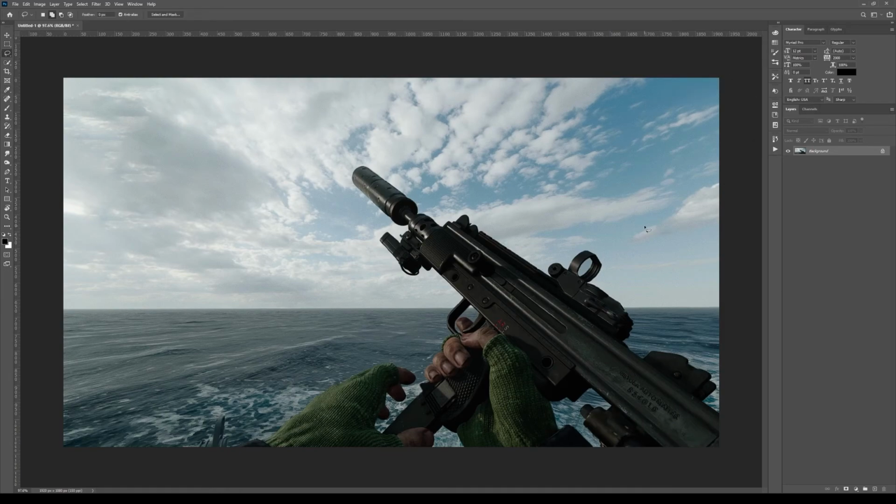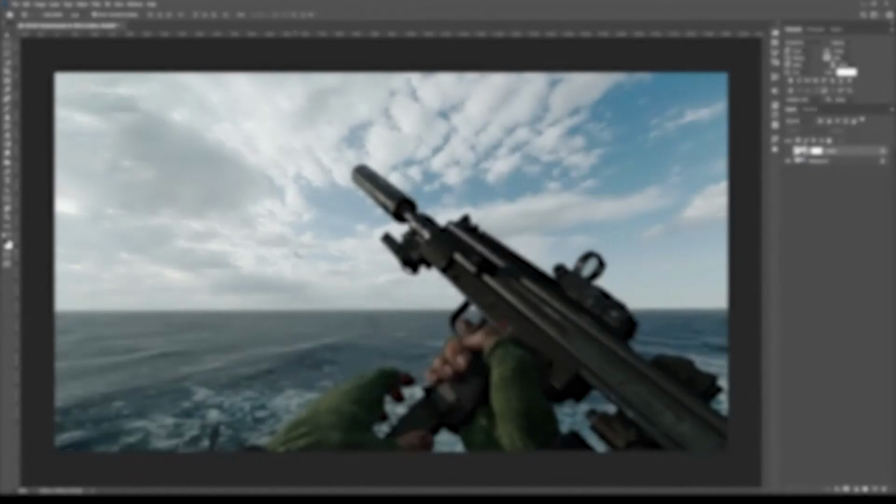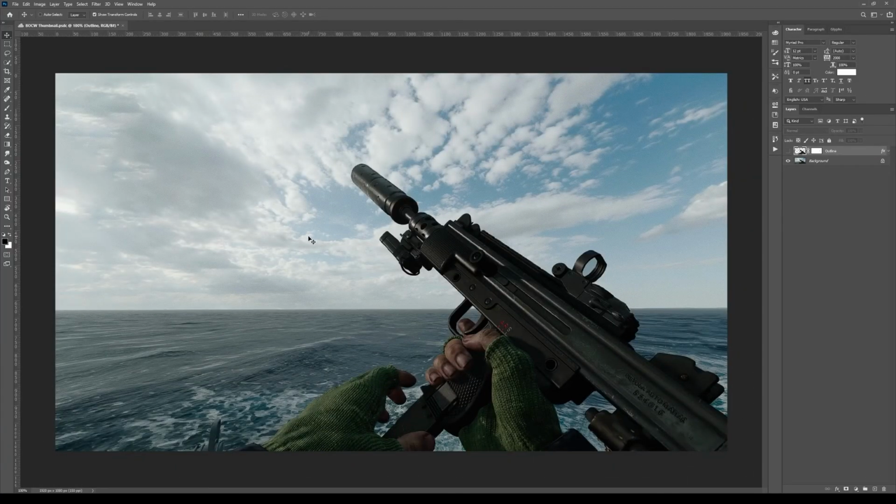Now, once you've got it all cleaned up, you can go a couple different ways. You can go with something like this. You can go with something like that. You can go with a little something like this. You can really go 100 different ways with it, and I think that's the fun part about doing editing and